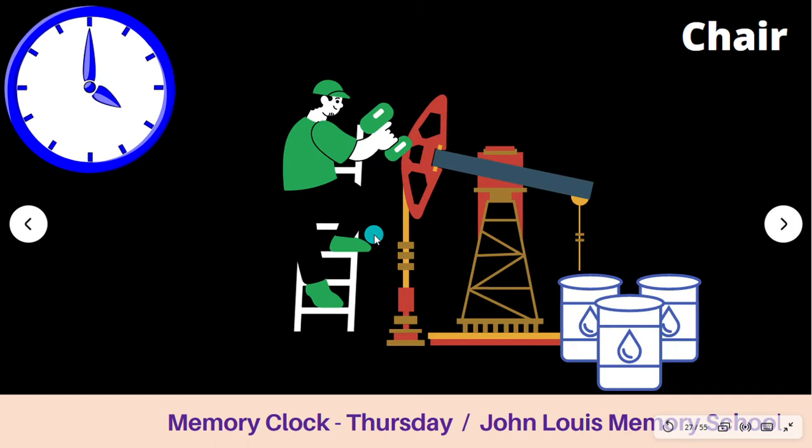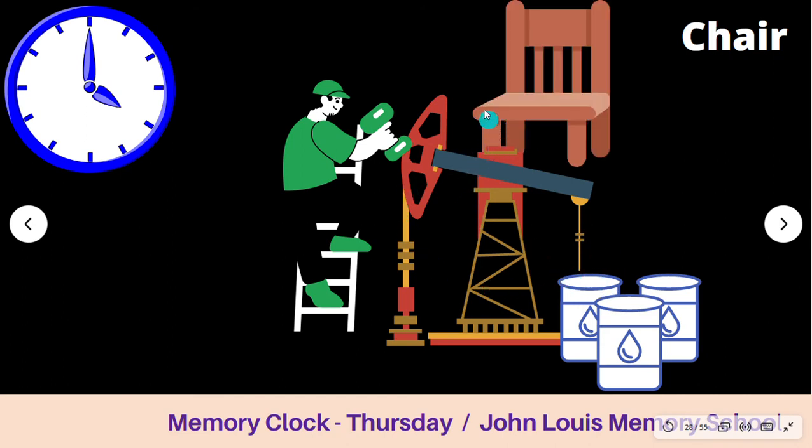So what is the thing you need to do? You have to inspect an oil drill or oil drilling. You have to go there and inspect everything there. So you can imagine that. There is a chair kept on the drilling machine so that you can sit there and see everything and check everything. Just imagine that. So there is a chair on top of the oil drill and you are sitting there and checking everything from the chair. Okay, make a funny picture.